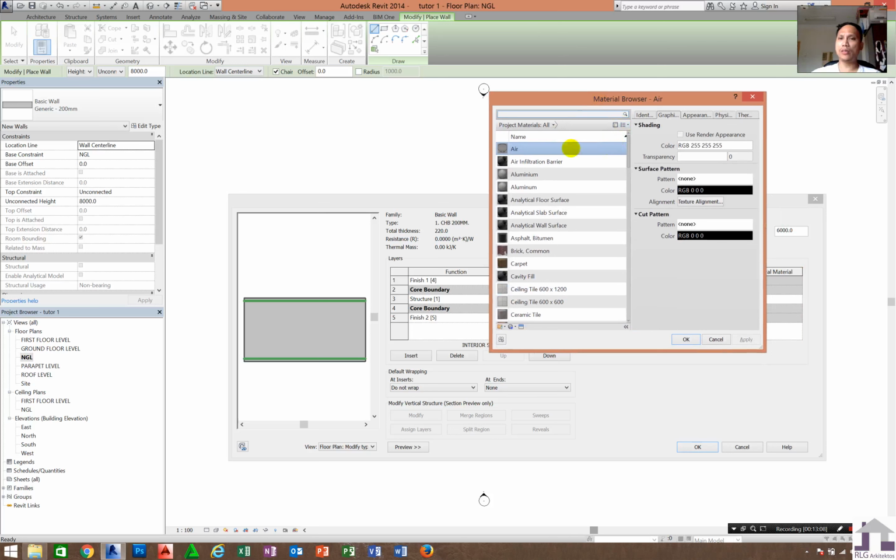The first thing you will do is not automatically okay from these materials. All you need to do is go from this small circle and create new material,